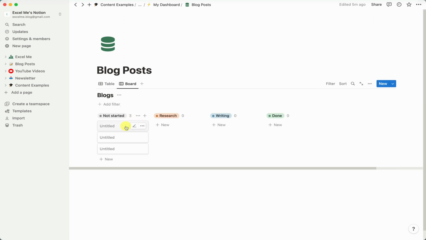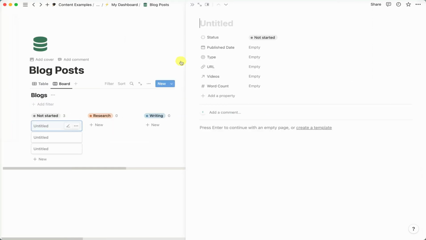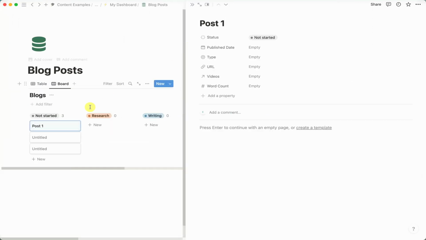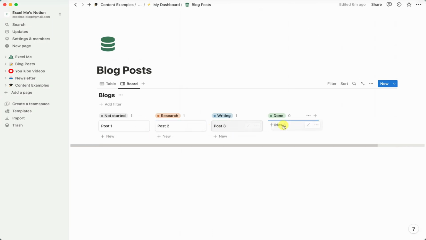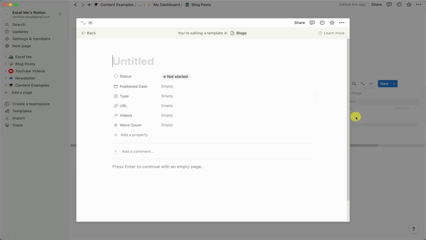So we've created a couple of dummy templates here, so we're going to say this is post 1. Here we can now start shifting these across different views, so once you finish you can drag these. One other thing that I like setting up is a template, so let's call this blog post template, and I